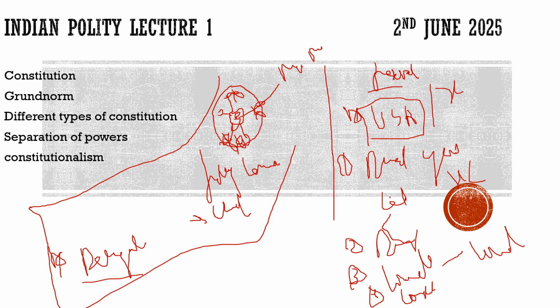So the constitution should be so supreme that if he is making any law which is impacting the states or any other organ, the constitution should be strong enough to withhold that person, reject the law, and make the law unconstitutional. So definitely the constitution should be supreme, not the parliament. This is also an important feature of the federal system.